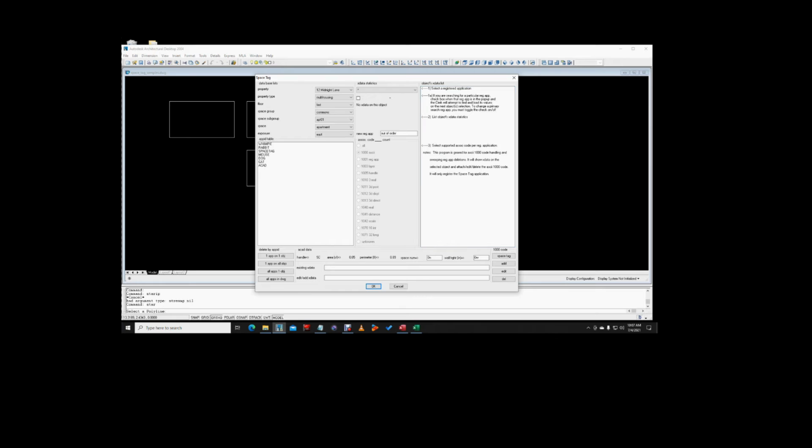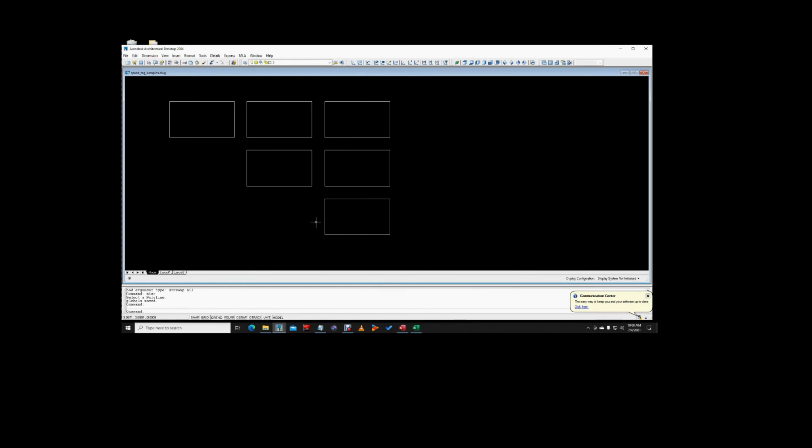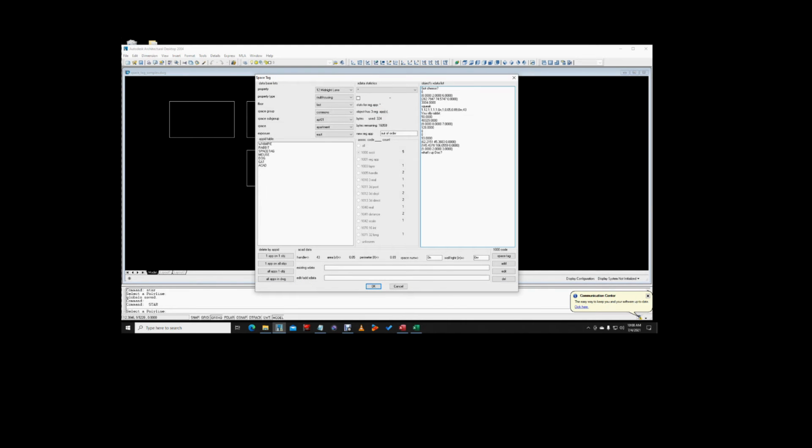So anyways, if you want to write SpaceTag, and this application, this Lisp routine only writes for SpaceTag, that's what you would do. Now, you would probably write it down here, but I'm going to get out of this first order of business and see if we could get into another entity and see what's going on with it. So we'll shoot up here to this corner. All right, so this corner, or that object, has